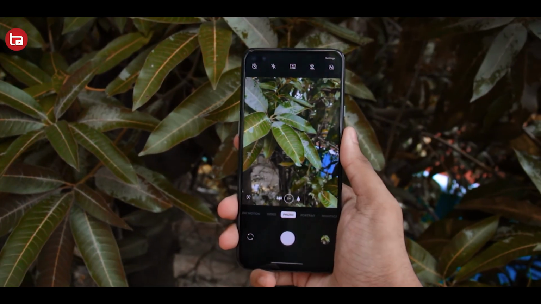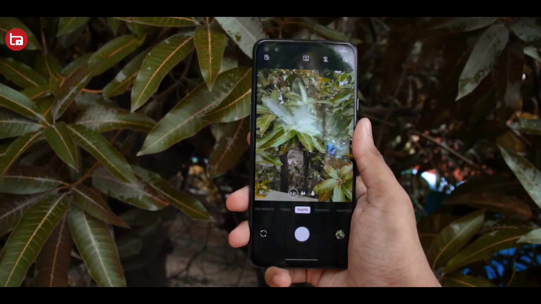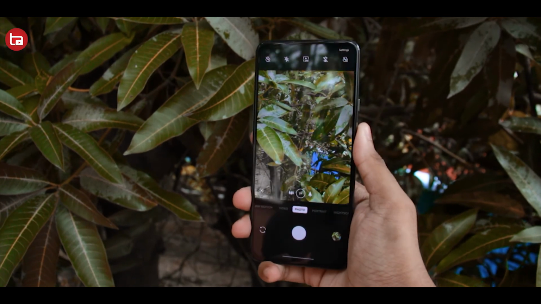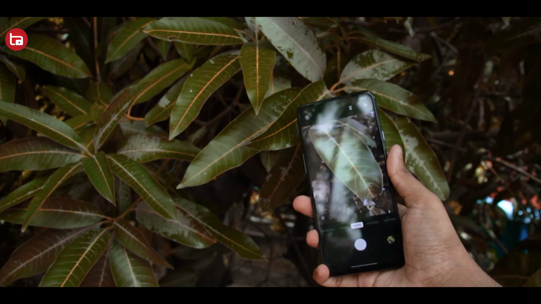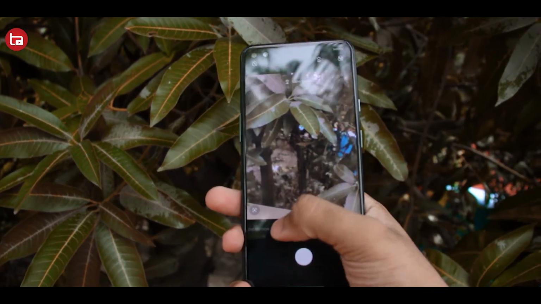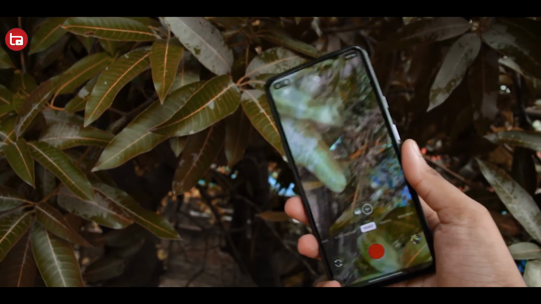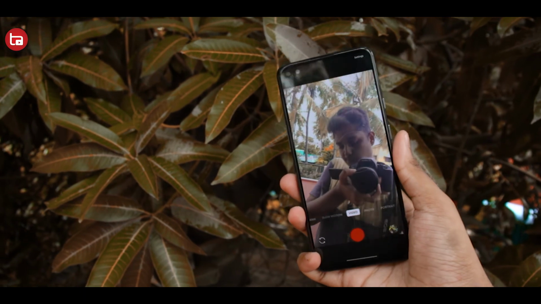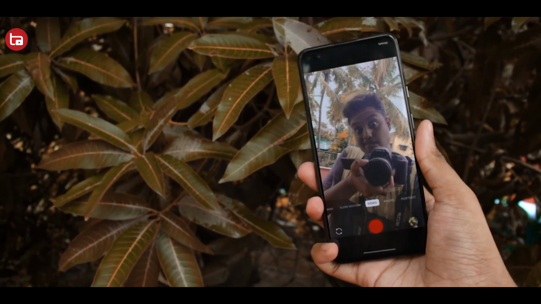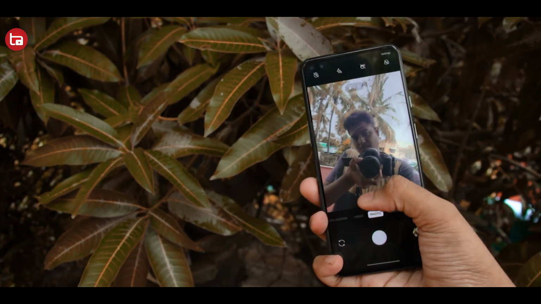And here, using the Gcam, you can only use the 48 megapixel sensor, and that too in a lower resolution 12 megapixel mode. But when you compare that with the OnePlus Nord's stock camera, you can take a 48 megapixel image. You can also switch between cameras from the main camera to an ultra wide camera. You can also switch from the main camera to the macro camera, and so on. So these are some of the advantages of the stock camera of the OnePlus Nord.